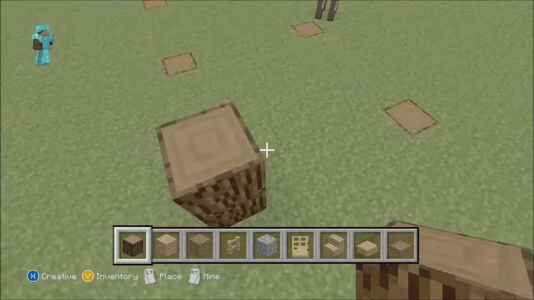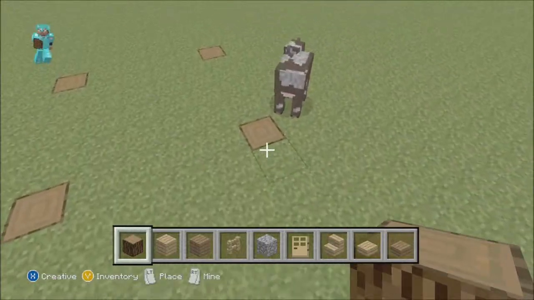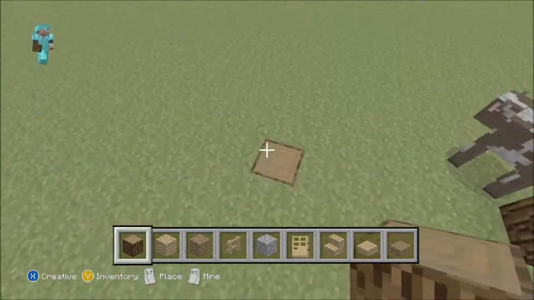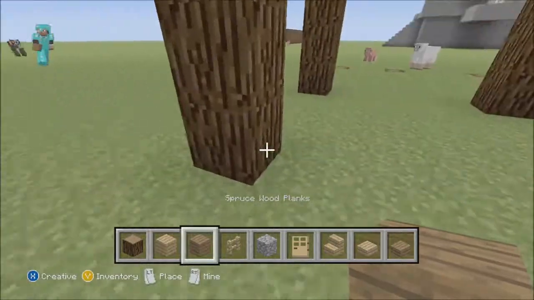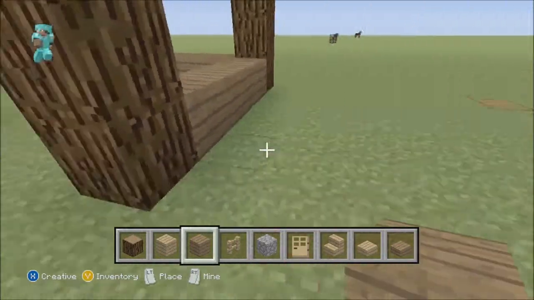Three blocks on each one, move cow, and again on the rest. After that, you're going to want to pull out your spruce wood. The bottom layer, I'm going to be doing spruce. All the way across, all the way across,